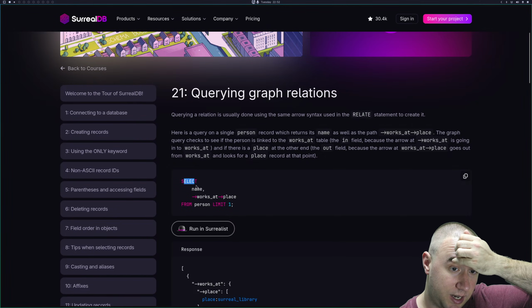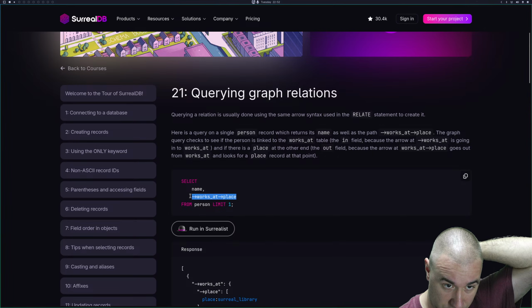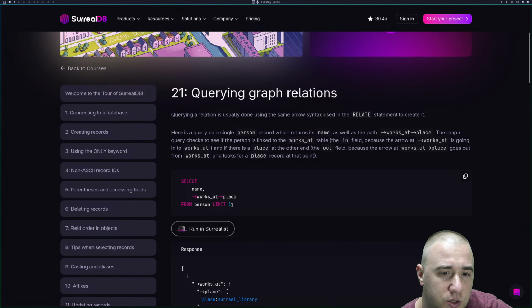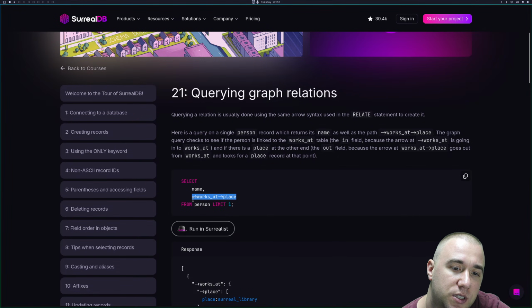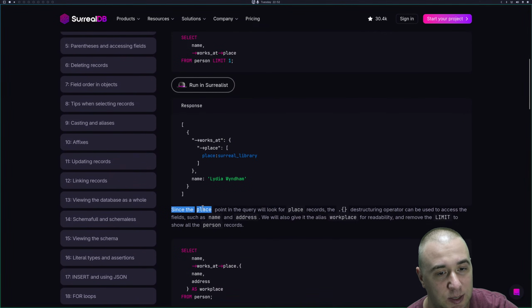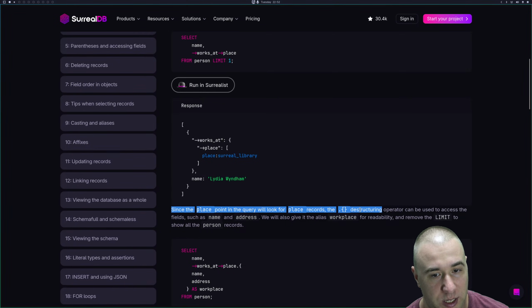So we can do select name and this thing, from person limit 1. Okay, so this will list all the places that this person works at. So we have works at, and place is through library, right? And name Lydia Window. So we basically grab the first person, right? And we can see that they work at Surreal Library. Since the place point in the query will look for place records,